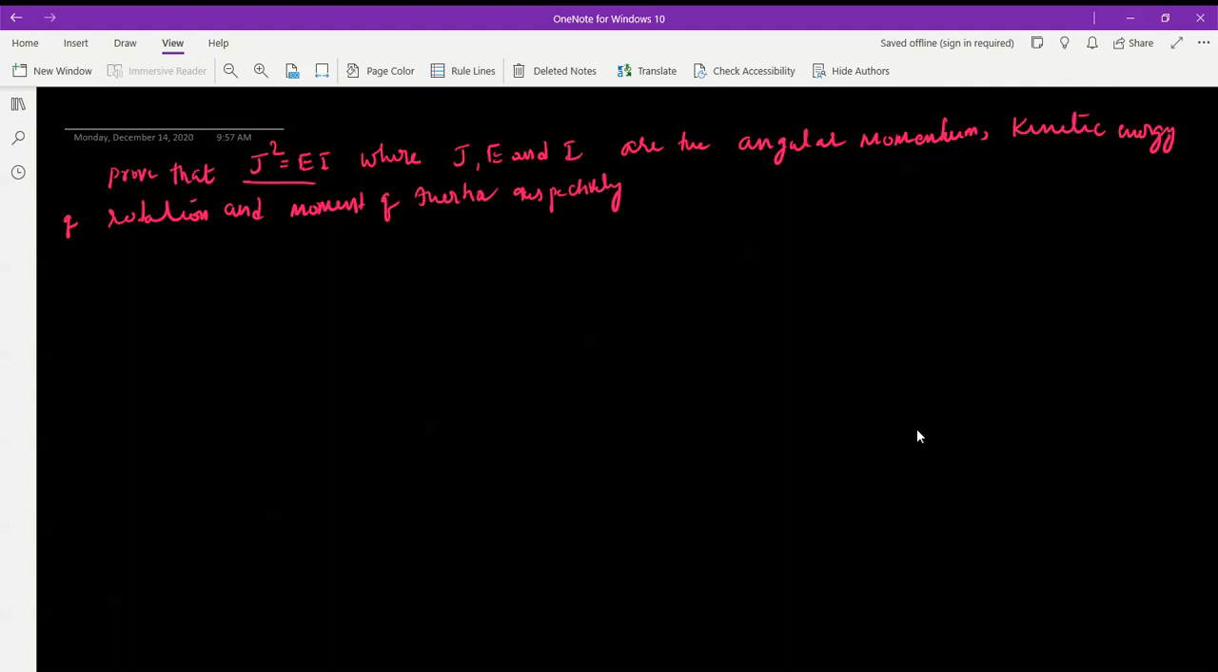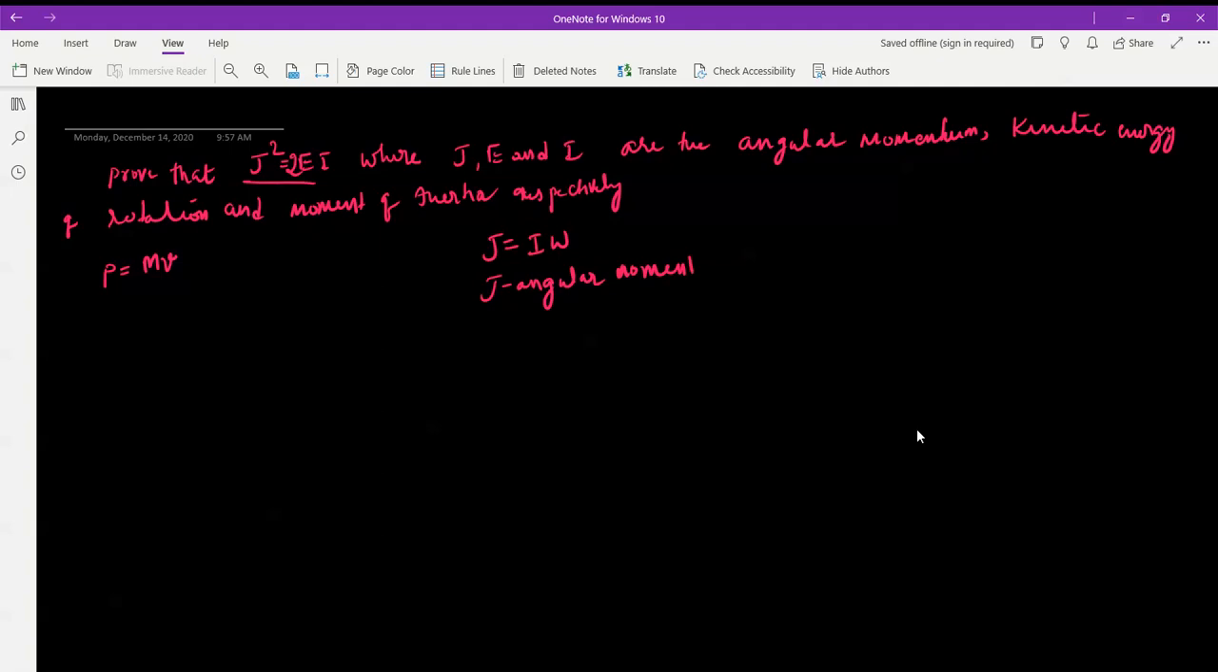So they have given what J is, what E is, and what I is. So they have asked you to prove J square is equal to, it's not just EI, prove that J square is equal to 2EI. So we have to prove that. So we know that in linear motion we can just write P is equal to mv, but here angular momentum J is equal to I omega, because I is analogous to m, omega is analogous to v here. So J is equal to I omega we have,